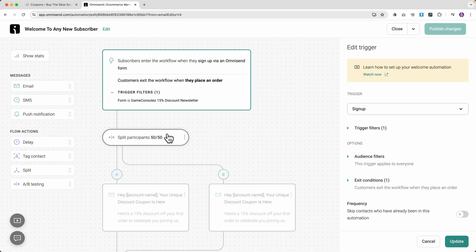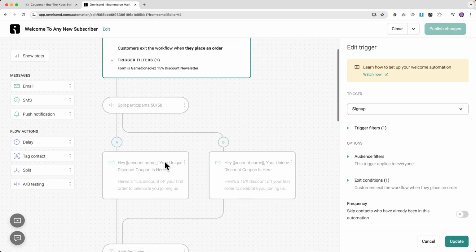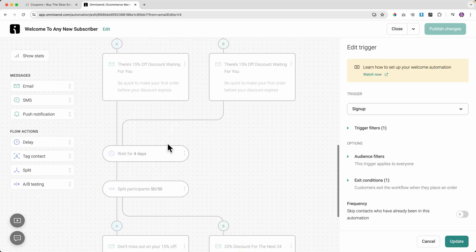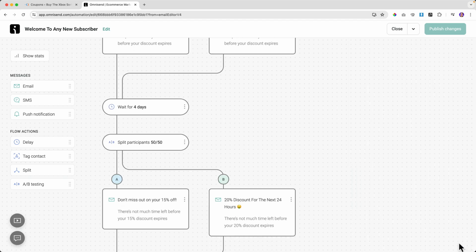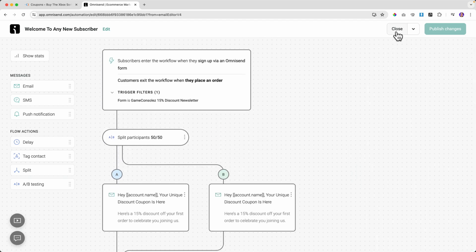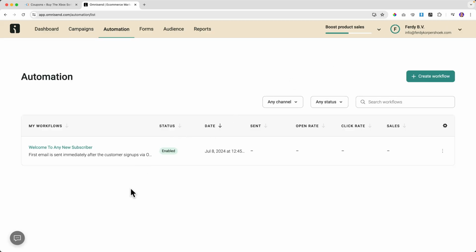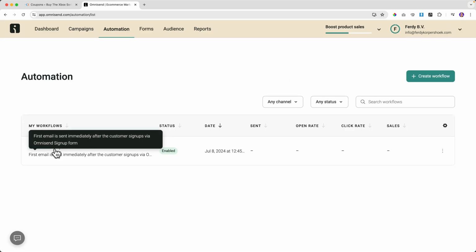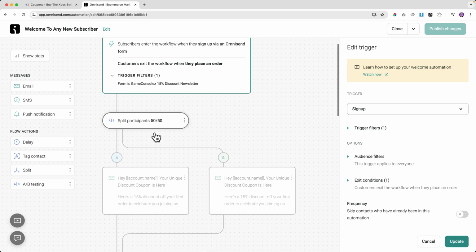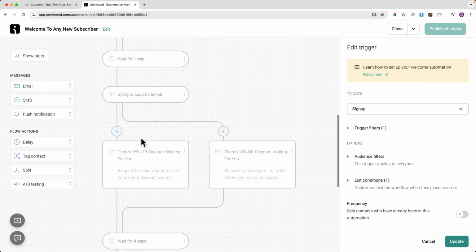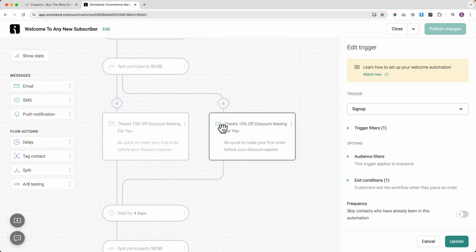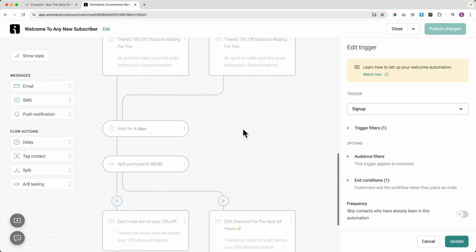So it's one simple change and then we can see what is working better. I click on update. I can close it. So now when people sign up, there are a lot of split tests right now. And then we can see what's converting better. Then we can choose the winner and create a new split test so we can keep on increasing the conversions.